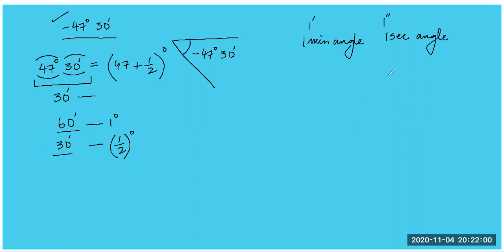See, students, it's very simple. Like when somebody says 1 hour 32 minutes, please convert into minutes. So you will say, very simple, 60 minutes and 32 minutes. This is 92 minutes, right? The same thing I'm doing here. So now I will convert this. So this is equal to 47 into 2, 7 twos are 14, 1 carried, then 94, plus 1 by 2. So that is equal to, come on students, tell me. So this is 95 by 2. Is this minutes or degrees? Anyone? Degrees. Correct. This is degrees.